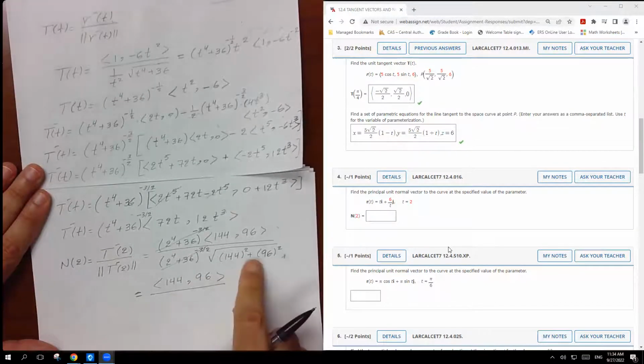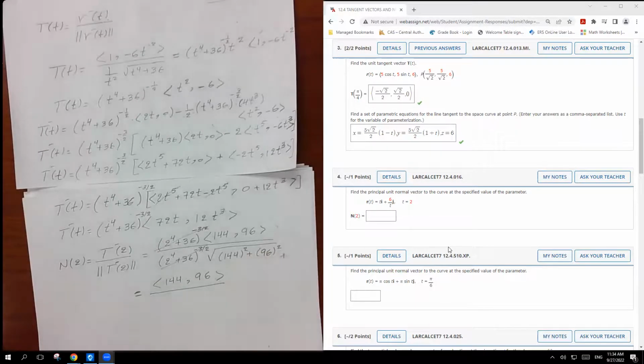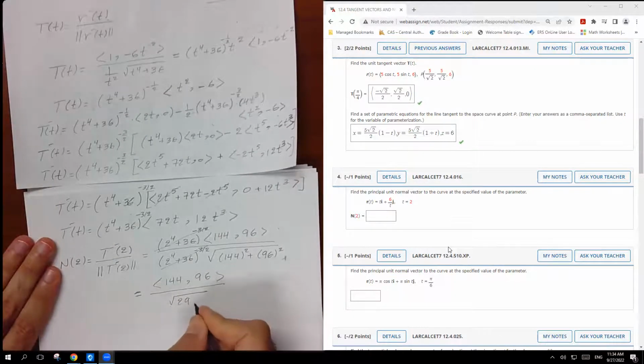divided by, this one is going to be a really big number. So let's do 144 squared plus 96 squared, which is going to be a really big number. I'm going to take the square root. One second. No, I did something wrong. I didn't put the sign, because it's a plus. So 29,952 is going to be the square root of